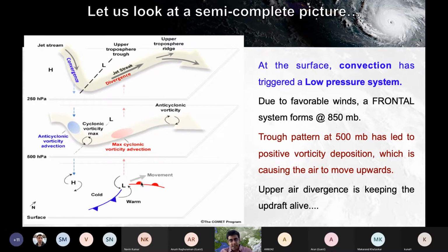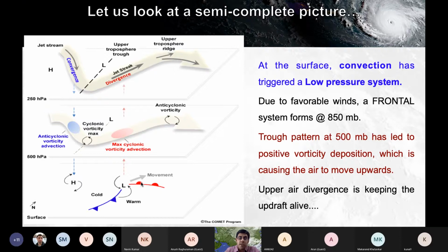Okay, that is when they will mix together and start the formation of clouds at a very low level, which is at 700 millibar level, 3 kilometers from the ground. And those clouds are the ones which actually give rain to us. So the convergence of this cold air and warm air is very important. That's why the fronts are very important, because the fronts are what actually result in the formation